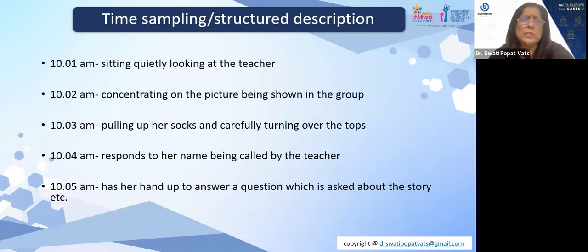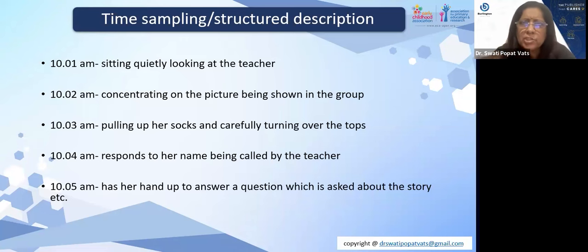Or you can use a time sampling. Usually when children are naughty, not behaved in class, does not focus, we tend to just label them. This child never pays attention in the class. Why not find out why this child is not paying attention? So here was this child who the teacher was complaining that she never looks at me when I'm telling a story. She's not focused. So we decided to do a time sampling. So what is a time sampling? So you write down the exact time when the child's